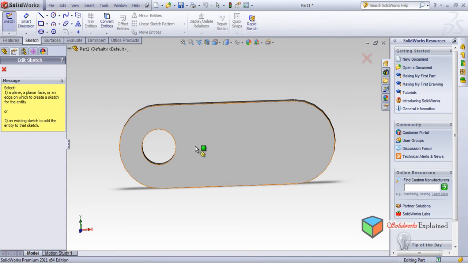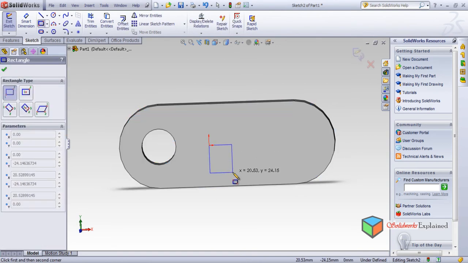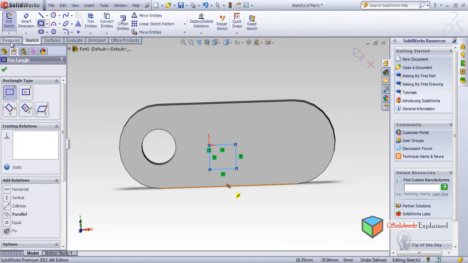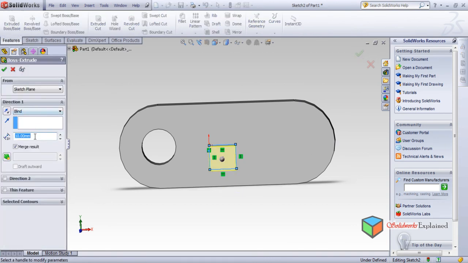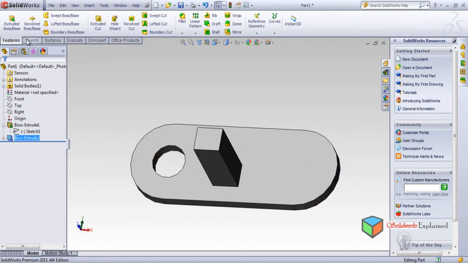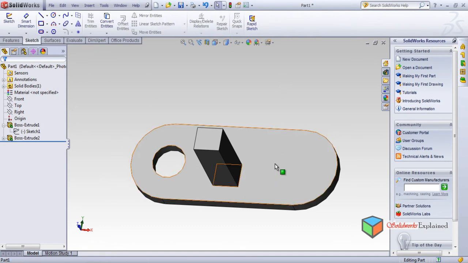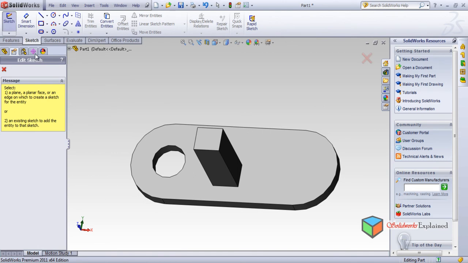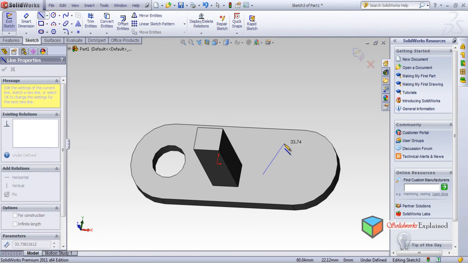Okay, and then a rectangle on this face like this, and extrude it, say 70. Okay, and one more thing, go to sketch, again a new sketch, and then we'll make a triangle on this face. Okay,